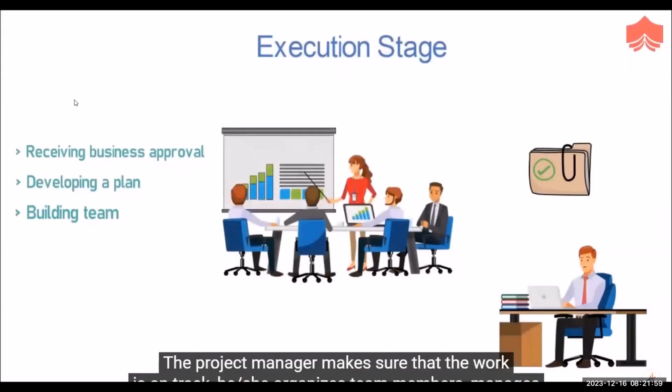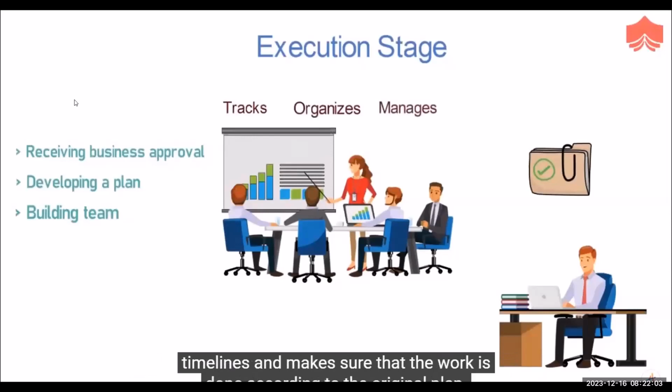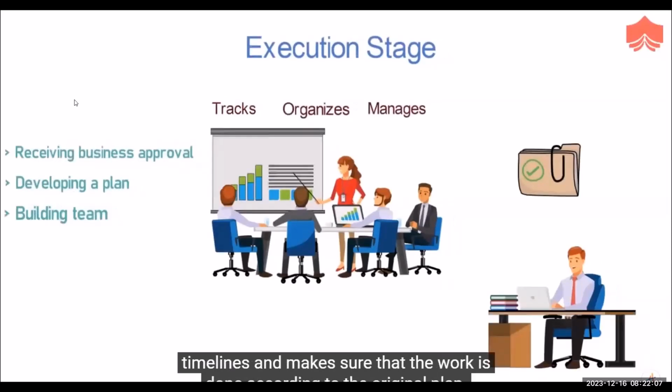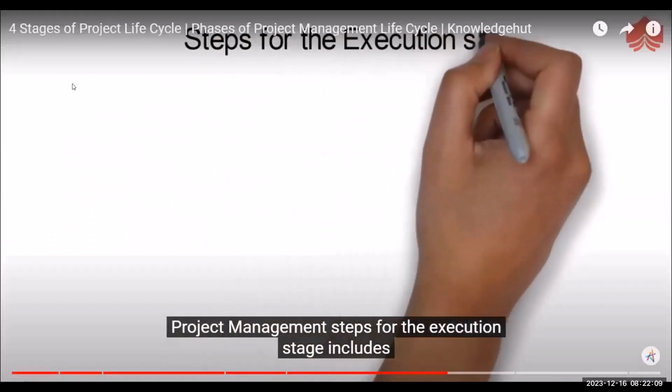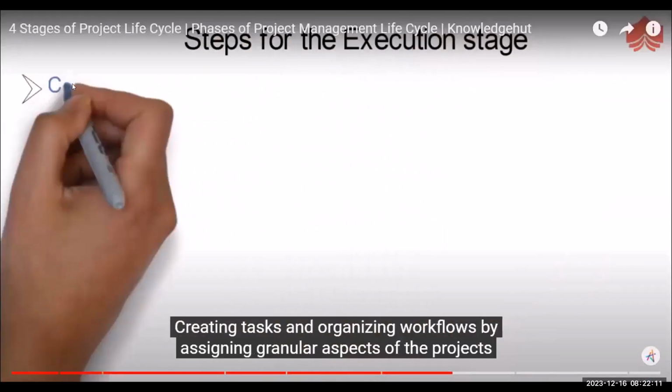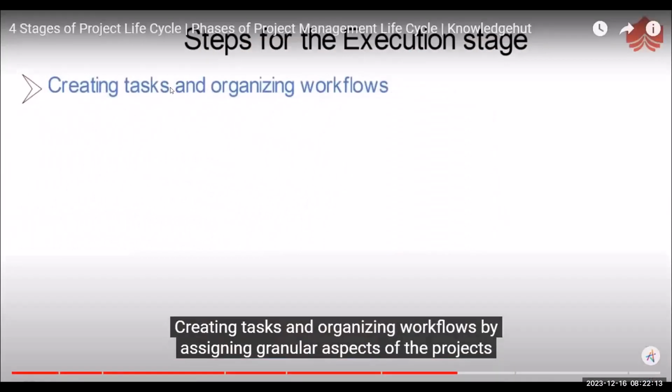The project manager makes sure that the work is on track. He organizes team members, manages timelines, and makes sure that the work is done according to the original plan. Project management steps for the execution stage include creating tasks and organizing workflows by assigning granular aspects of the project